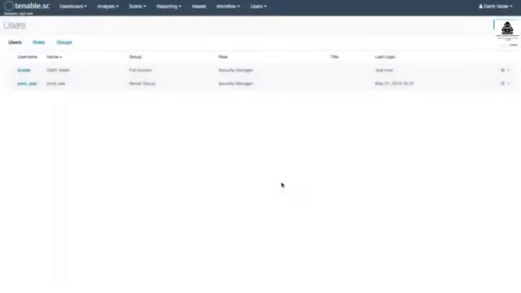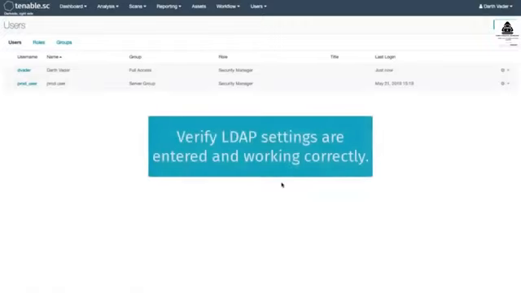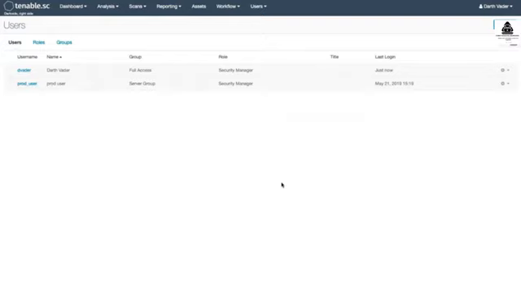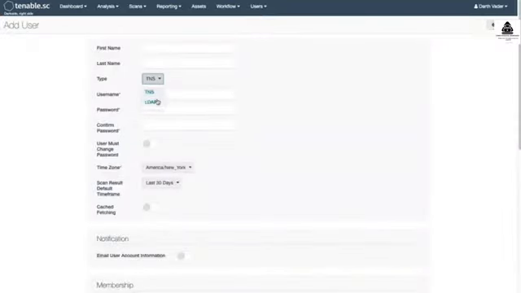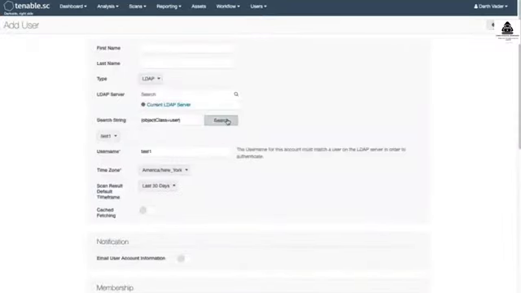Today I'm going to show you how to create an LDAP user with Tenable SC. Please verify that your LDAP settings are entered in and working correctly. Once you have the LDAP settings entered in, log in as a security manager account and click Users and Add User. We will then select LDAP, do a search for the LDAP